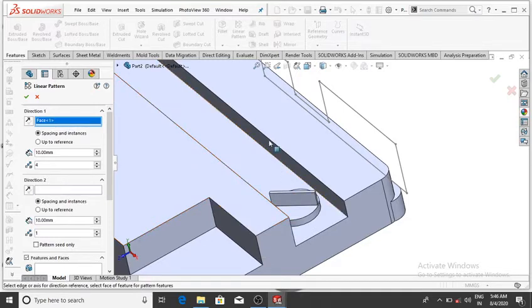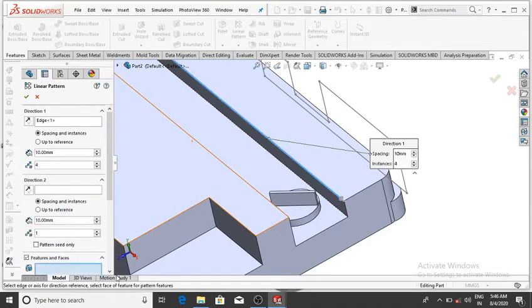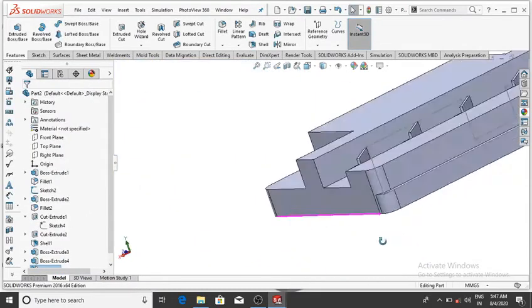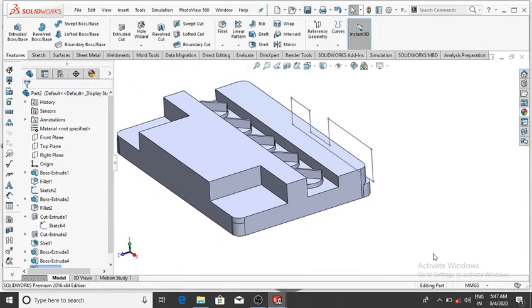Now select this line, and in features and faces, select this and this, and the gap between will be 100 mm, so make it 100 mm, and the number of bodies will be 5, so make it 5, and it will be more, so make it 100, then okay, it comes inside this body.